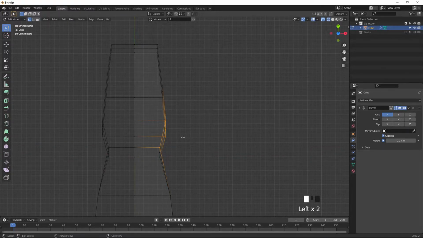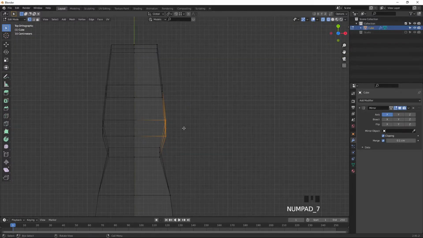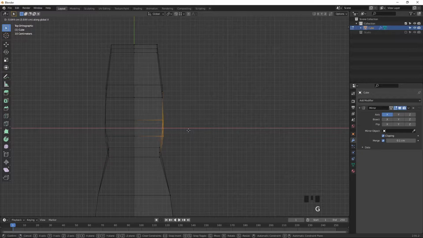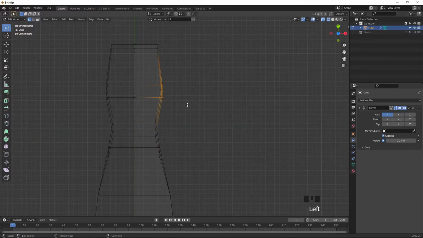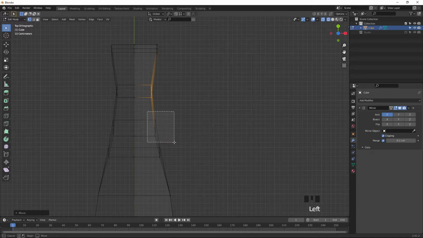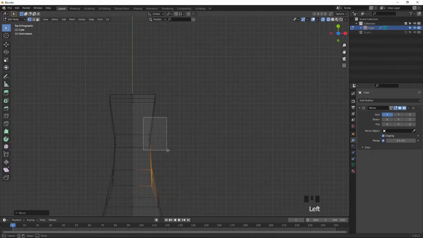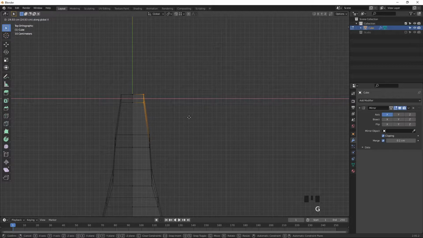Select this, and confirm we have selected the same, and GX to move slightly a little bit down. Select this one, GX, move slightly a little bit down, and select this one, GX to move a little bit down.